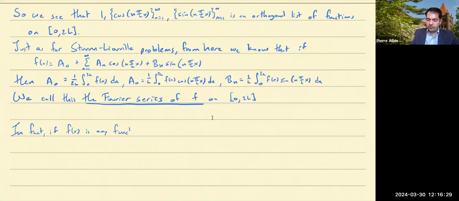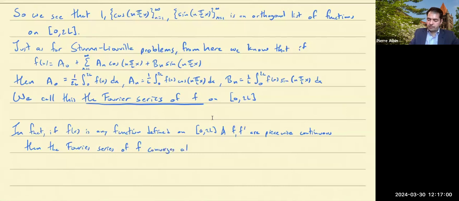If f is any function defined on the interval 0 to L, and f prime are piecewise continuous, then the Fourier series of f converges at every point in the interior of the interval,